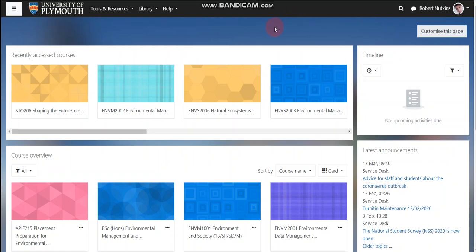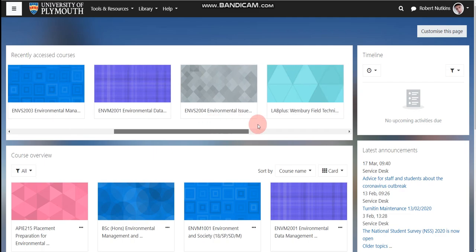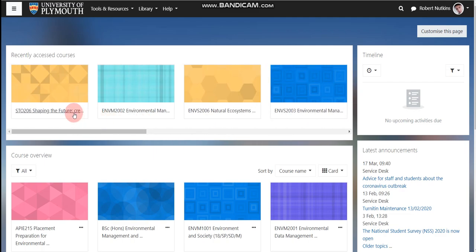So in order to access Panopto, just log into your DLE and go to your course page. So this is my course for environmental management, and it can be accessed through any one of these module pages. So if I go into STO 206 as an example,